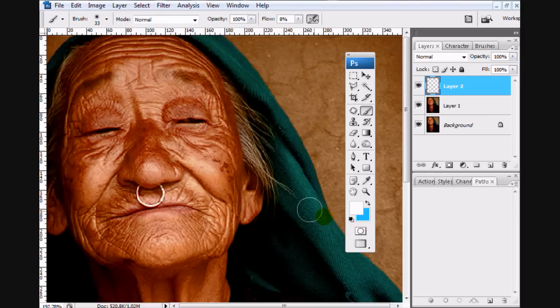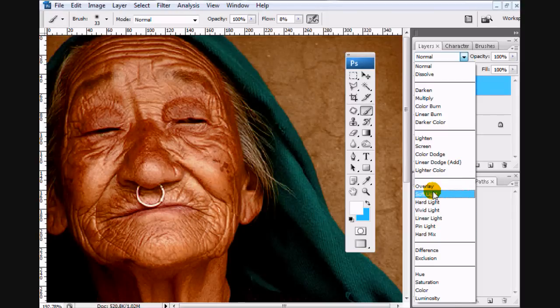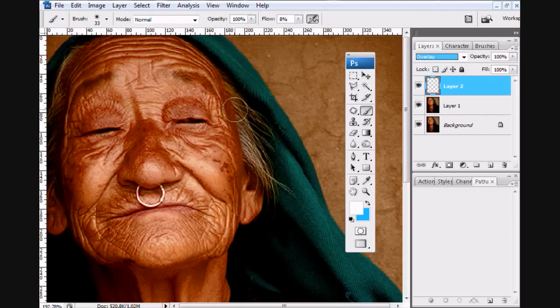Okay, so what I'm going to start working on right now is trying to highlight all the areas that are more bright. So around the cheek area here, the chin, a little bit on the forehead, and I just want to kind of bring that white out a little bit more. So what I'm going to do here is go to my blend modes and click on overlay. Okay, now with my white foreground selected and my brush, I'm going to just start touching up